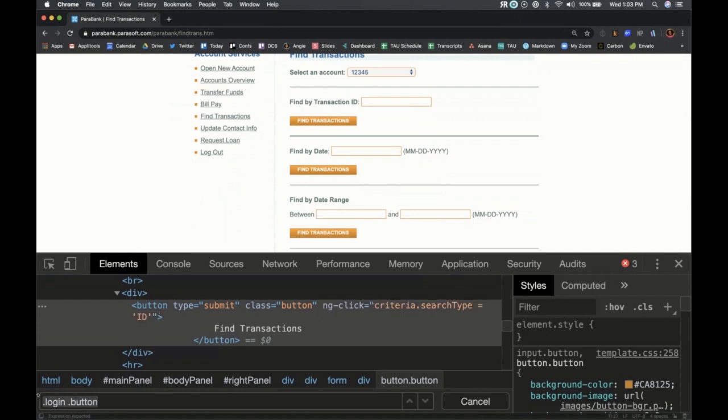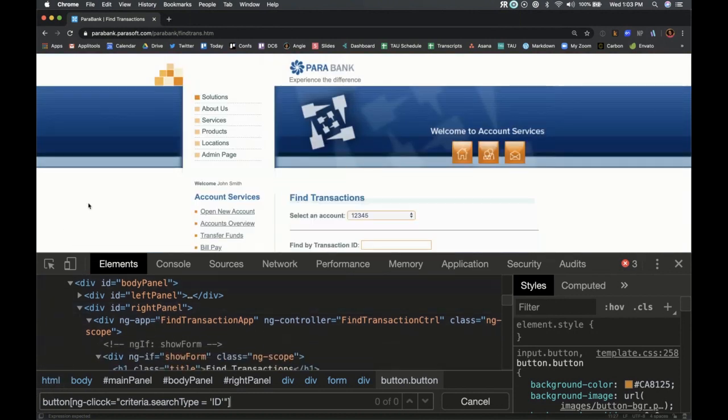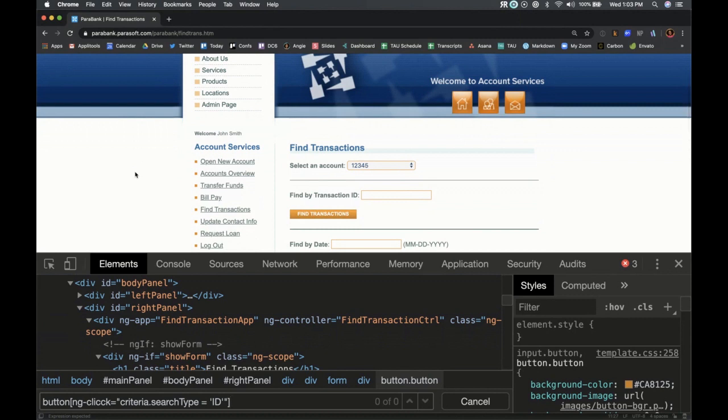So if I did, find me a button with Angie click equals to this. Hi, Thomas from Germany.